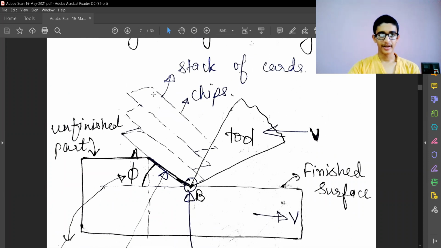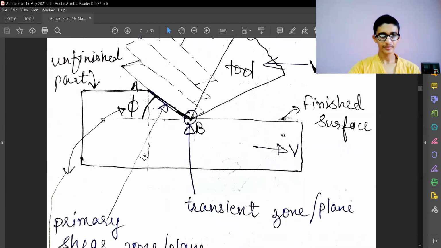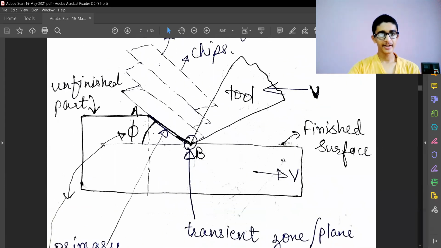Next our aim would be to check how the angle phi is changing and other things which can be derived: the shear strain which is occurring in my workpiece during the transient surface formation, and the value of this dynamic shear plane angle in terms of workpiece parameters, because measuring this dynamic shear plane angle is not an easy task. So there should be some type of modeling done. That's the aim. So we'll stop over here. Thank you.